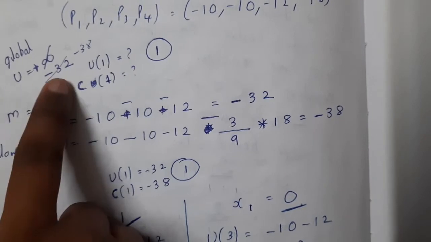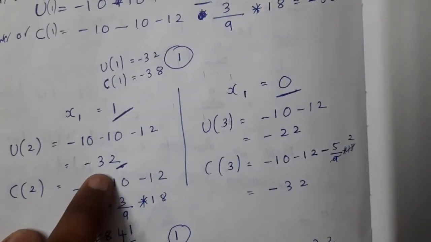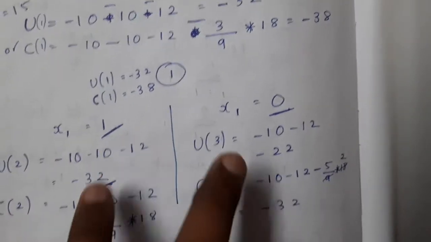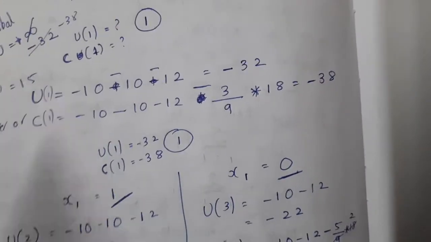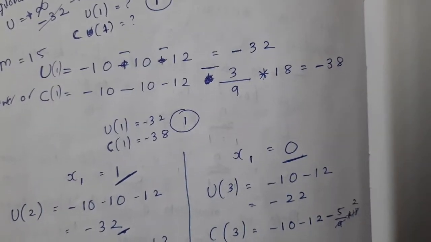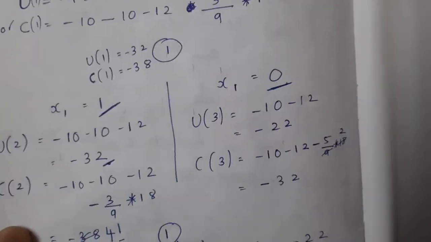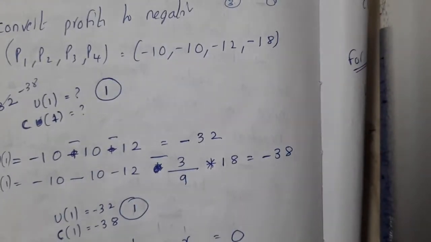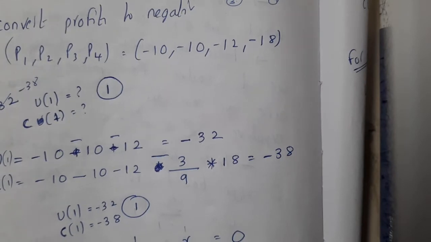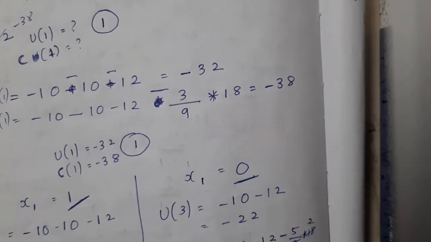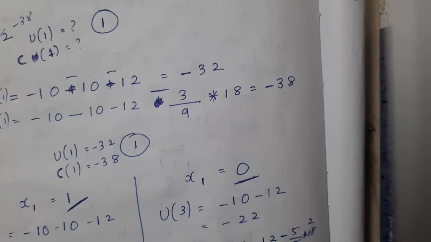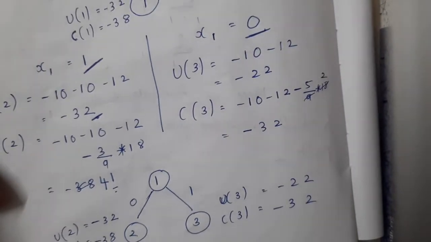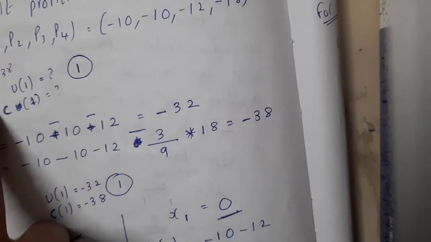Okay. So here we will be updating the value of the global upper bound with minus 32. Among these two, the upper bound is 32, so I have just pushed the 32 there. Okay, just give me a second, guys. I think the value is 38 only. So here it is 10 plus 10 plus 12, that is nothing but 32. Okay, 32 plus 9 is 41. That's correct, it's 41 only. Sorry for that. So the value should be 41, guys. So here the value is 32.